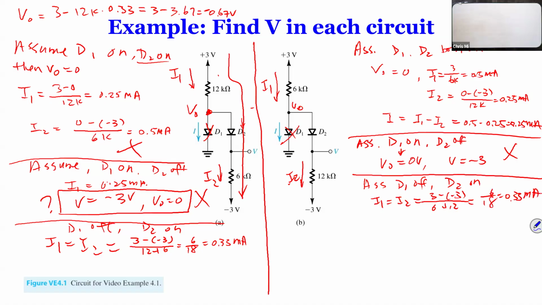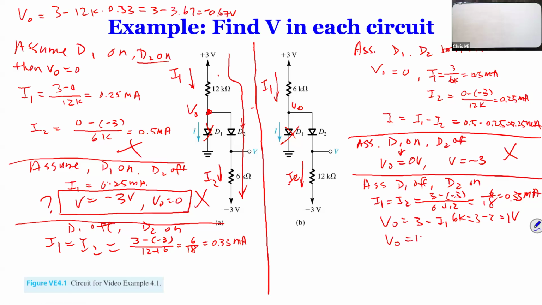So what we need to do is calculate VO equals 3 minus I1 times 6K, which is 3 minus 2,